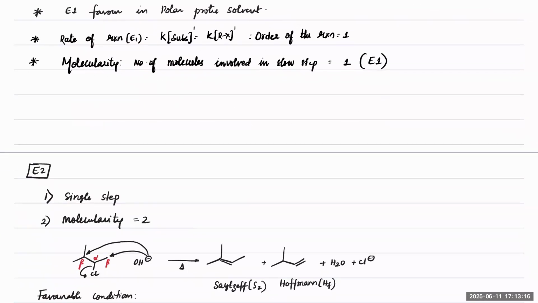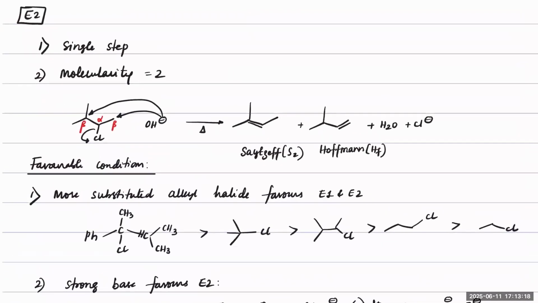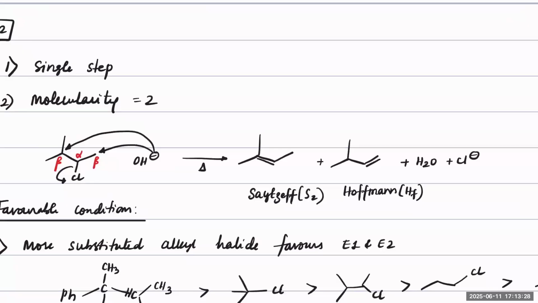Notice this. When it comes to E2, E2 is a single step reaction and its molecularity is 2. What does that mean? Suppose you have, let's say, a chloride here like this, and if I treat